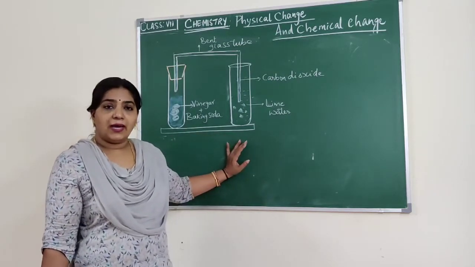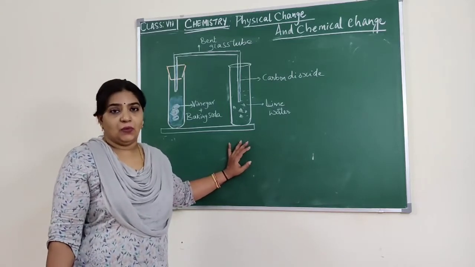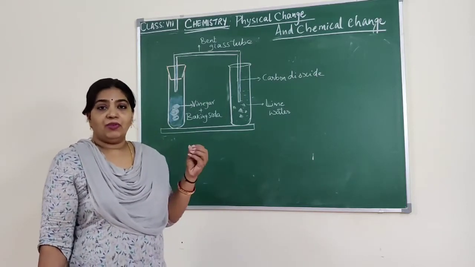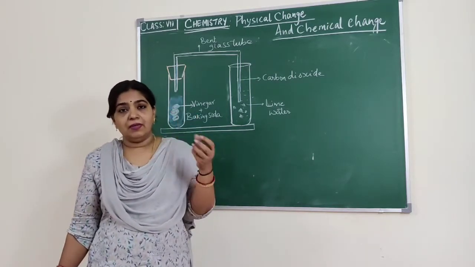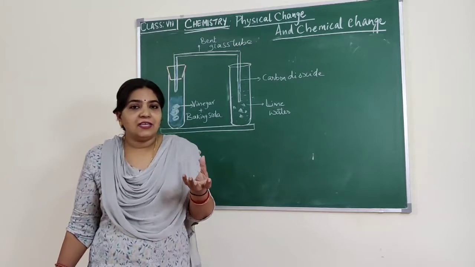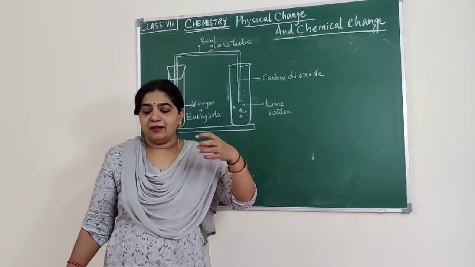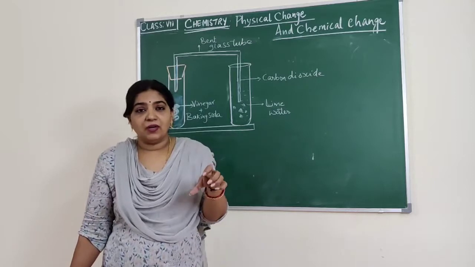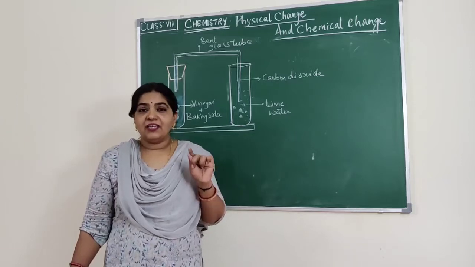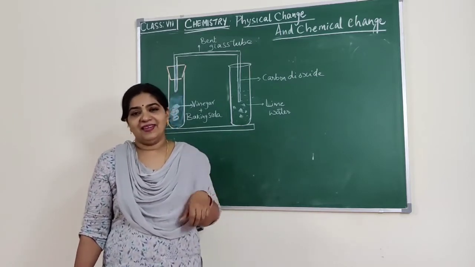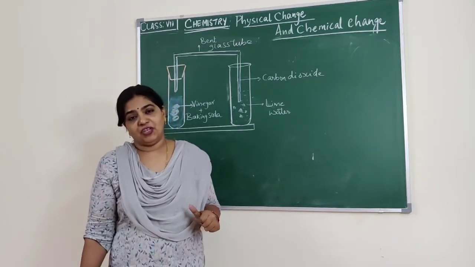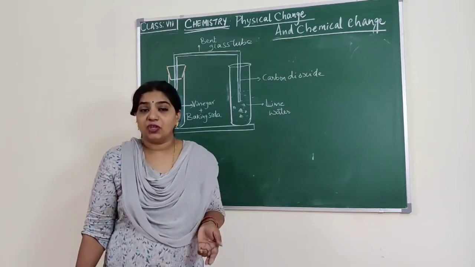This activity I already did in the previous video. Remember that I took vinegar and baking soda. I took vinegar in a glass tumbler, then I put baking soda. What happened? You can see the bubbles forming, right? And releasing a gas. When I took it near the burning candle, it put off the fire. Actually, the gas which was released is carbon dioxide. Carbon dioxide is a fire extinguisher. It will extinguish the fire.